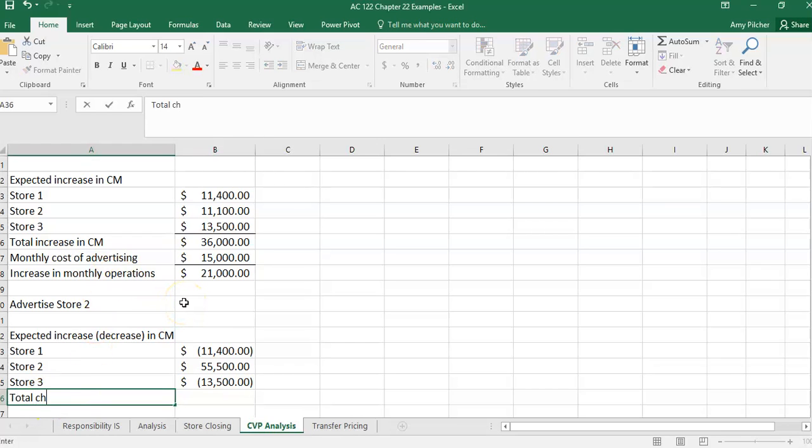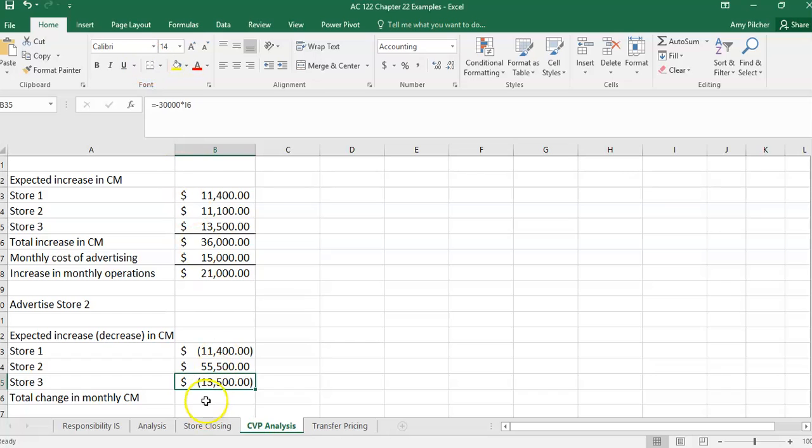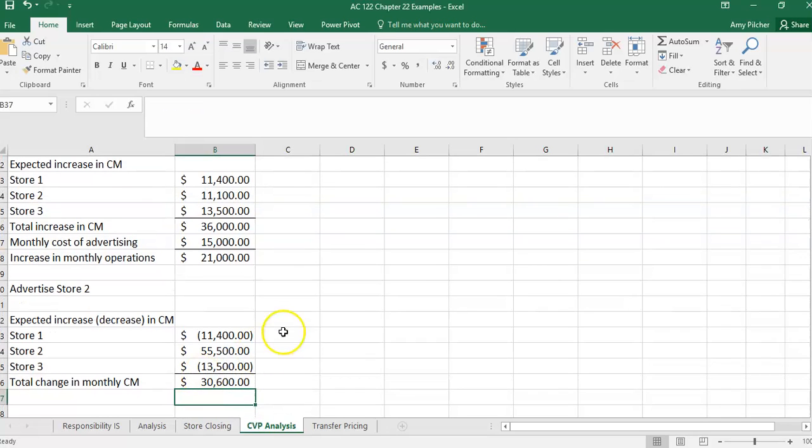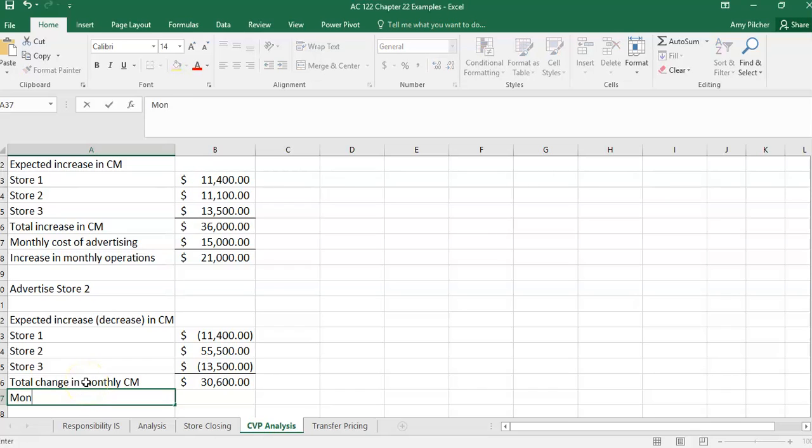So the total change in monthly contribution margin across the organization, if we add all those together, is $30,600. We're going to have a monthly cost of advertising